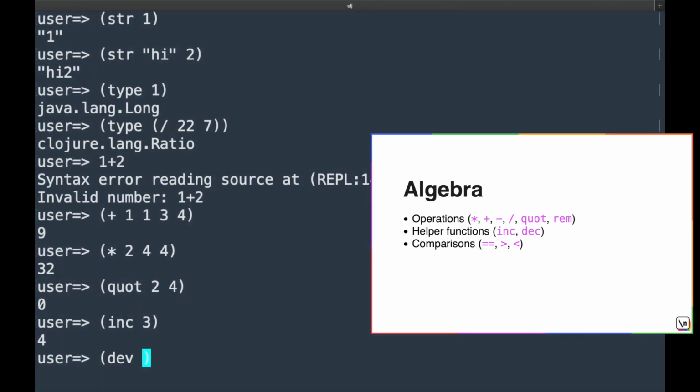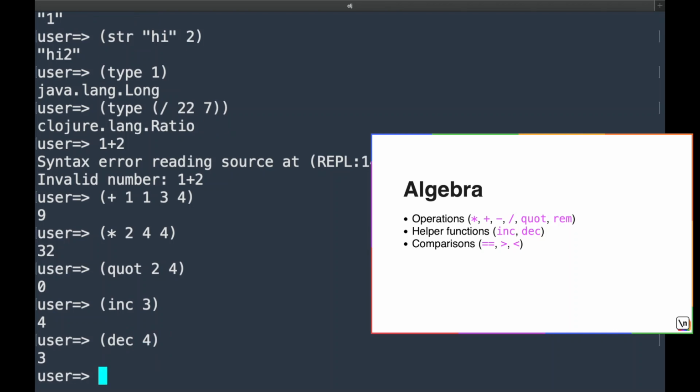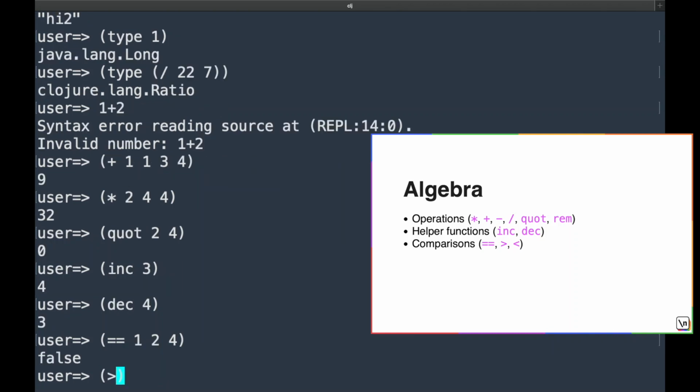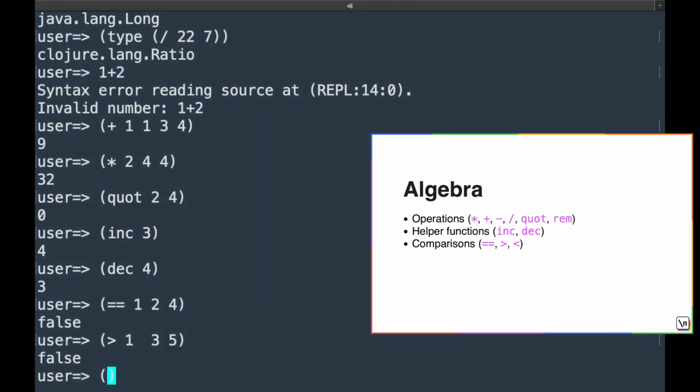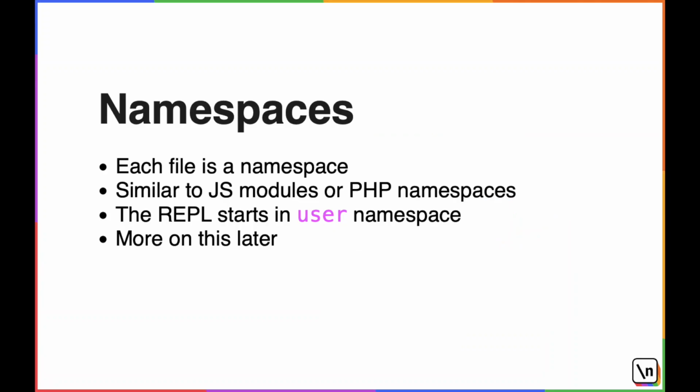Similarly, dec or decrement can be used to subtract 1 from any number. Algebraic comparisons are also available as functions, and all comparisons can take 2 or more arguments. In fact, the comparison operators and most algebraic operators can work with just one argument.